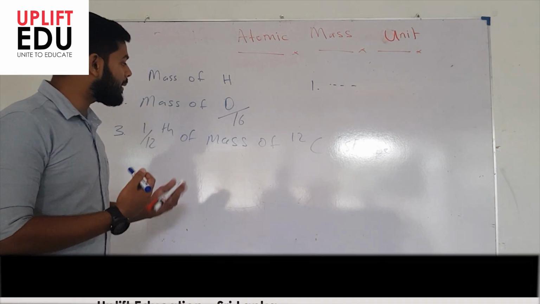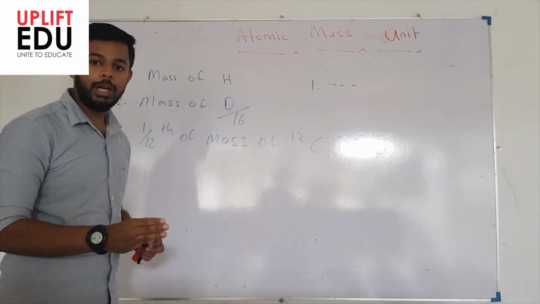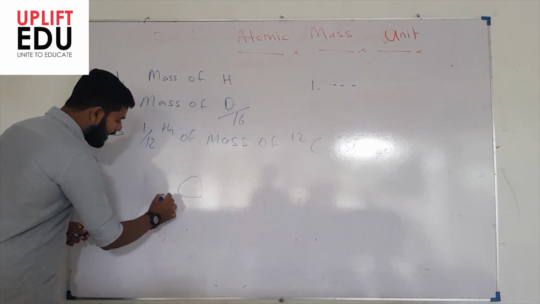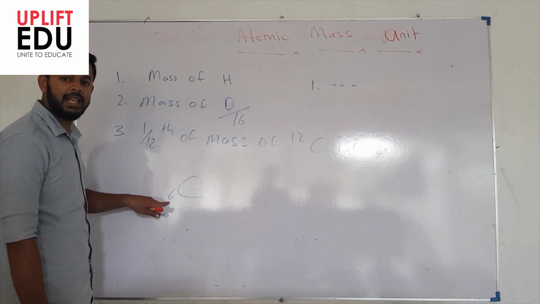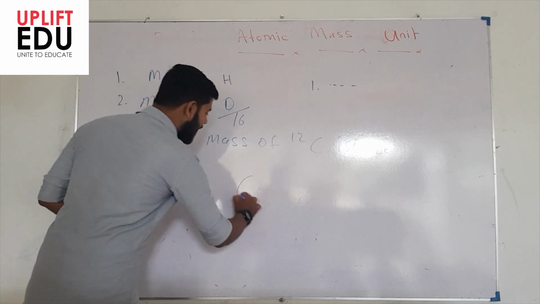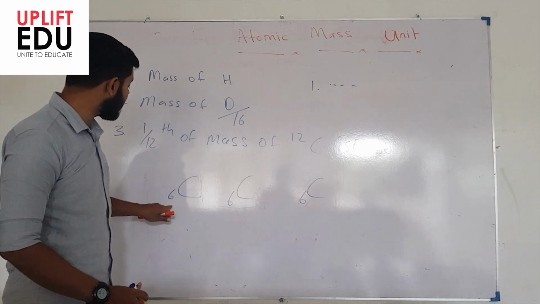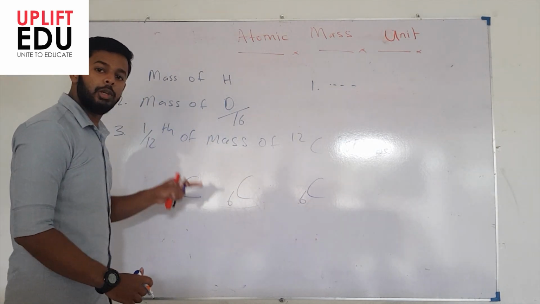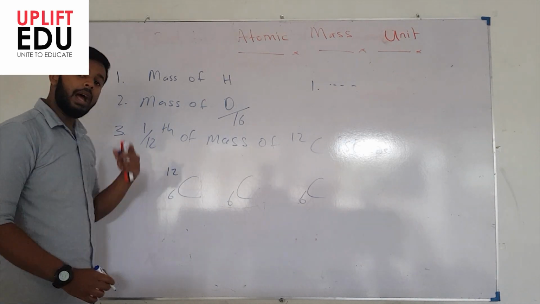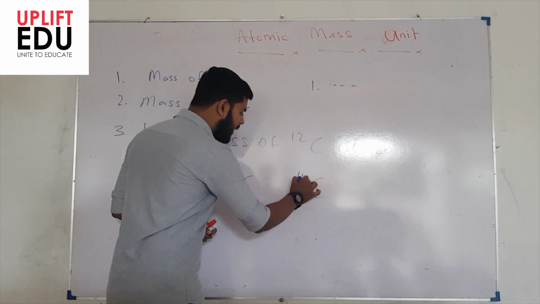Right? Some of you may have a problem. What is an isotope? I think in the third unit you would have studied something called atomic mass number. When we say carbon, it has an atomic number of 6, right? It means it has 6 protons and 6 electrons in a neutral carbon atom. There can be several carbon atoms. If it is to be classified as a carbon atom, it should have an atomic number of 6. But you know about the atomic mass number. Here the atomic mass number will be 12, but it need not always be the same. For the carbon atom, it can be 12, 13, 14.